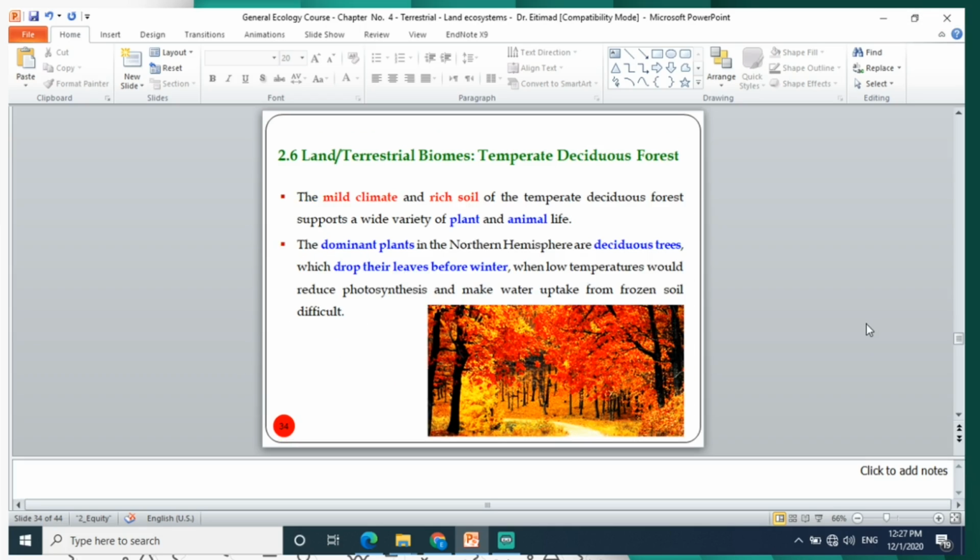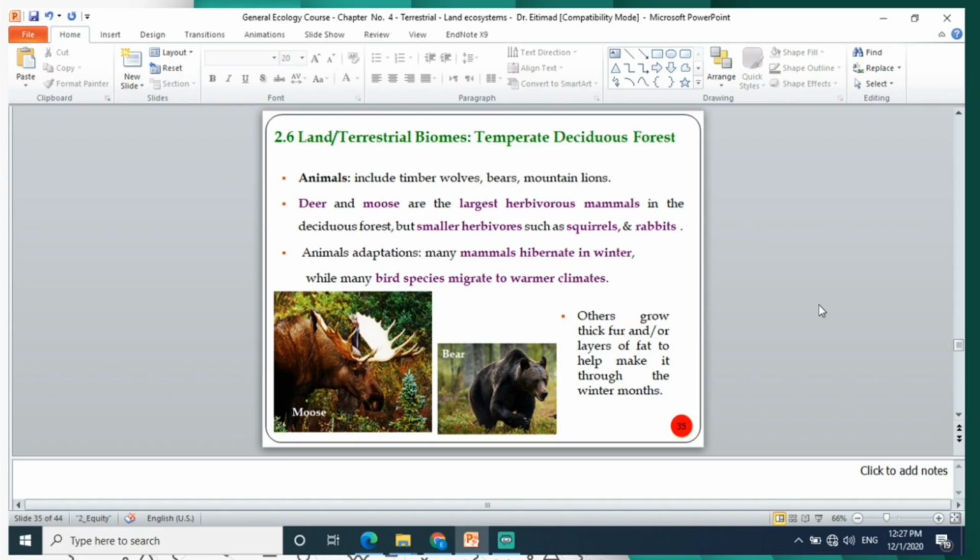The dominant plant in this area is the deciduous tree. That is why we call it temperate deciduous forest. It is characteristic of trees that drop their leaves before winter. You will find all the leaves drop before the winter, and then just the stem stands. Also, there are a number